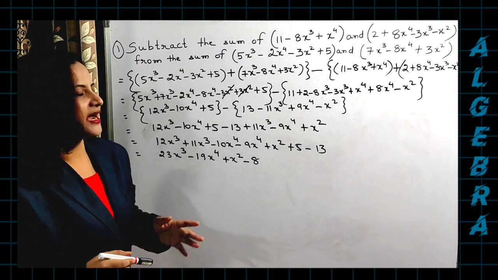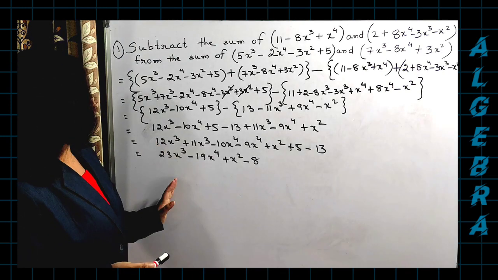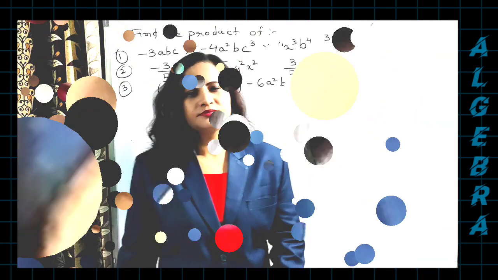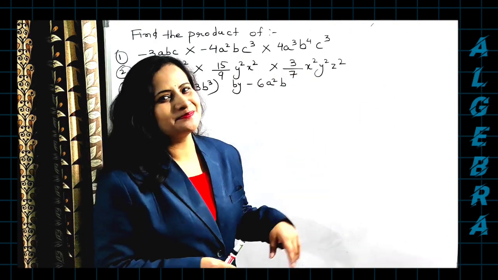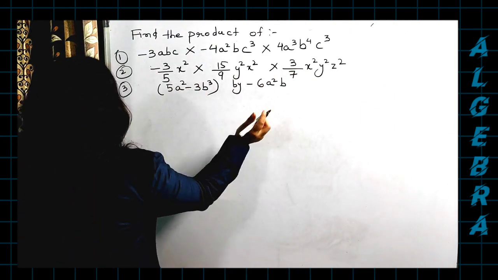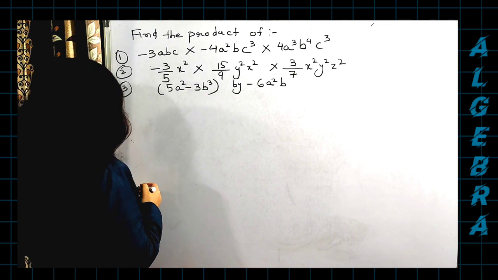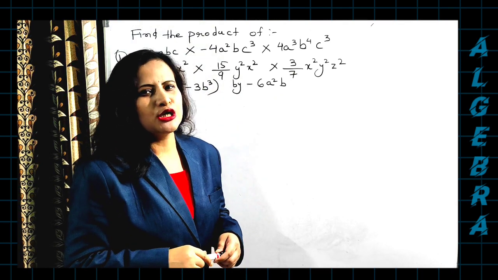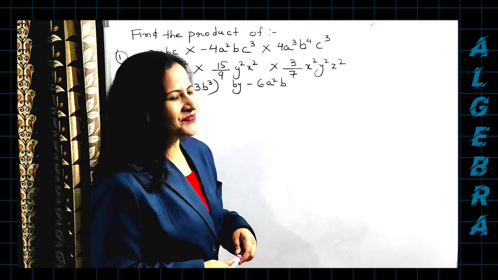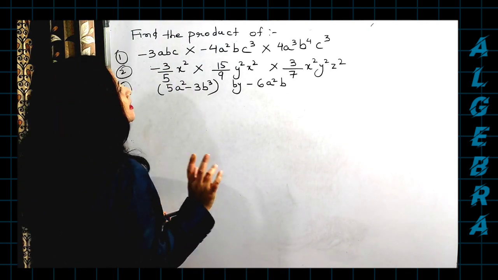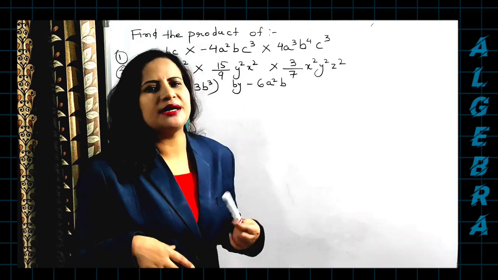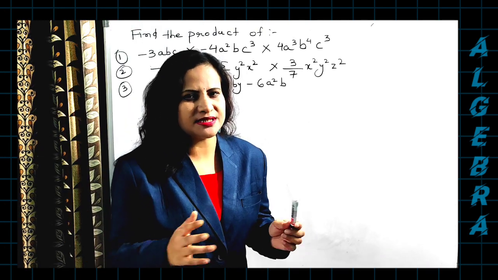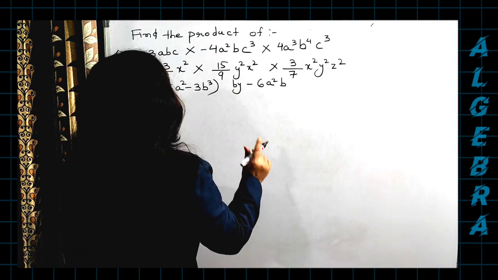I hope the idea is clear with everyone. Just concentrate on each and every step, how to solve it. Okay, so here comes our next question. The first one, now we have come, we're going to start the product, the multiplication part, right? So very carefully go through it. As you have done some simple questions on multiplication already in standard 6, I think somewhat you are clear with multiplication, but still we'll go through it carefully.